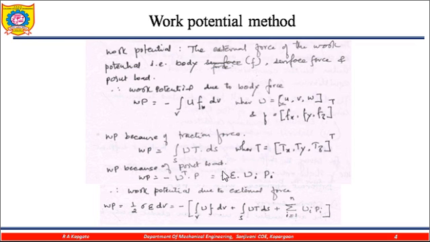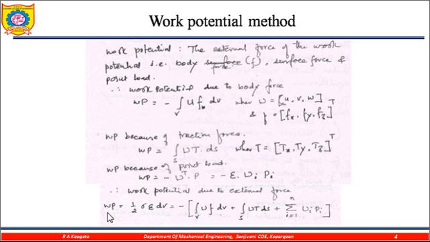Now the work potential because of the point force, again that is minus U transpose multiplied by P. So that is equal to minus U into P. So the work potential due to the external forces, these are the three: because of the body force, because of the traction force, because of the point force, these are the work potentials developed. So this work potential is minimized or reduces from the strain energy, then we are understanding the failure criteria, otherwise we couldn't see that.